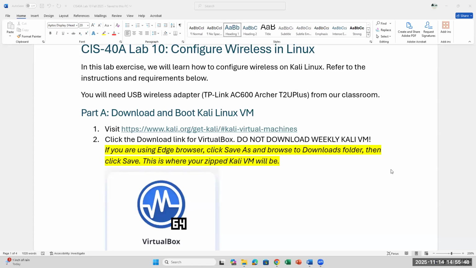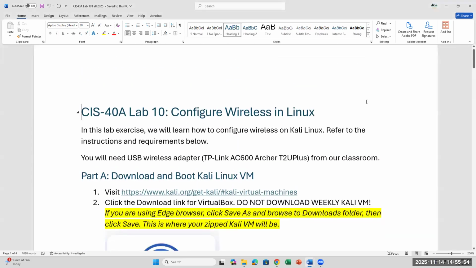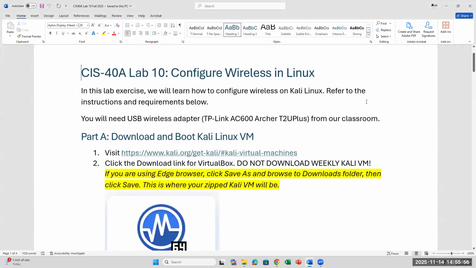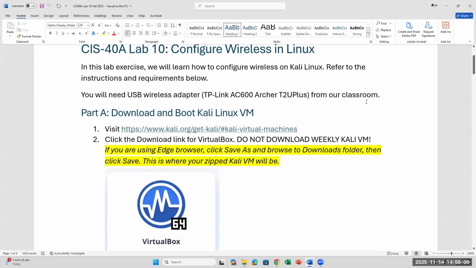So in this week, we are going to do lab 5 for this class. And in lab 5, I want to take this opportunity to teach you how to configure a wireless adapter on Linux. It is not plug and play, even though it is USB, right? You have to configure the driver on Linux, and it is a little tedious, but